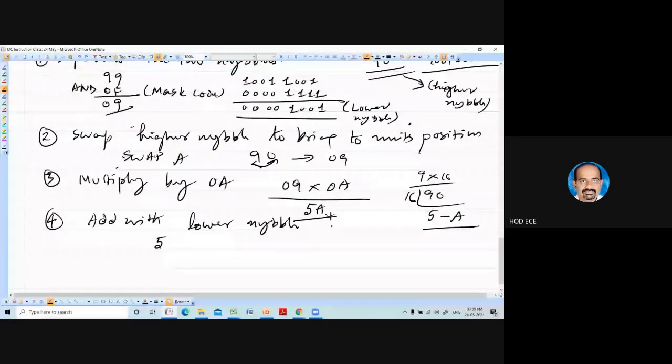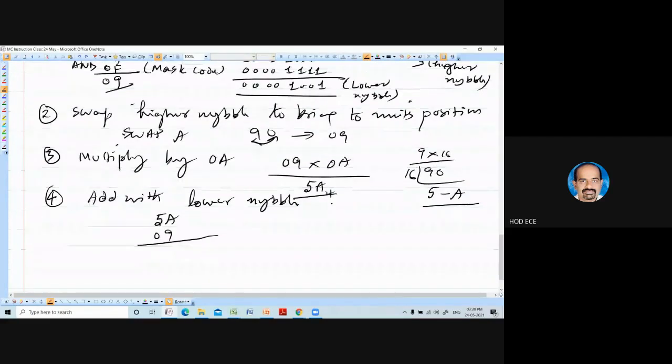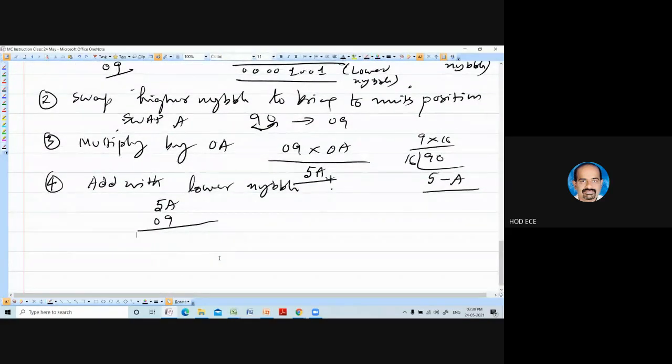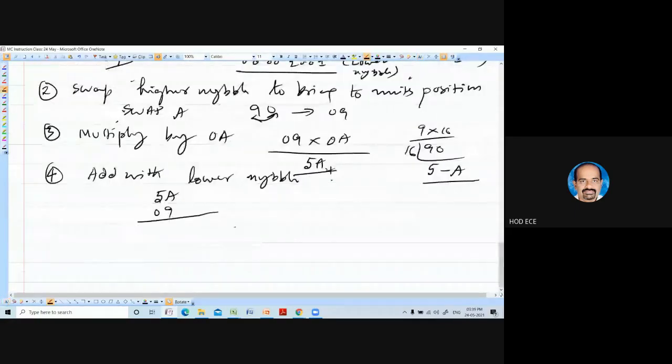So it is 5A plus 09. So 5A plus 09 you are going to get. So 9 plus A is 19. 10 plus 9 is 19. 19 in hexadecimal is 13. 1 plus 5 is 6. 63H.